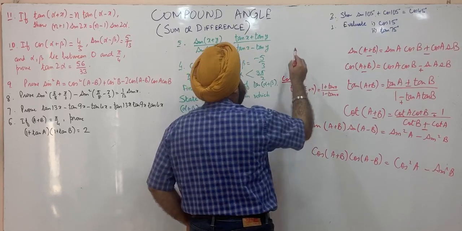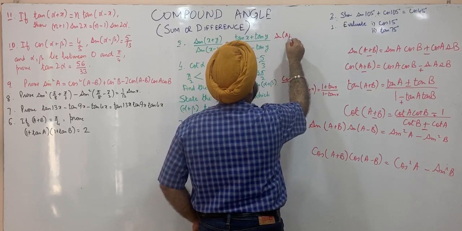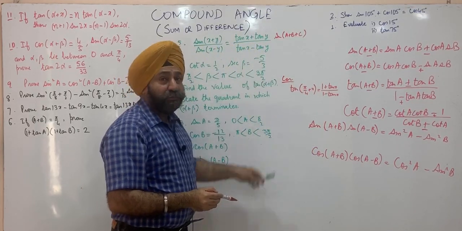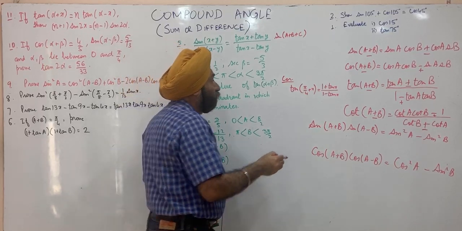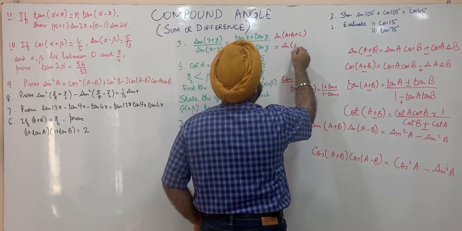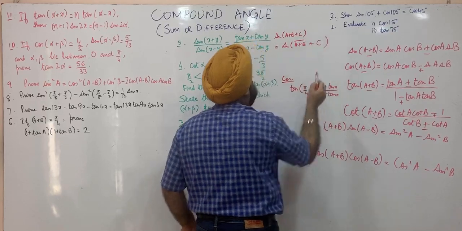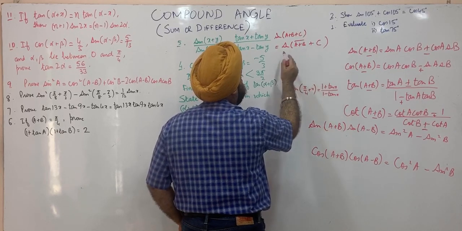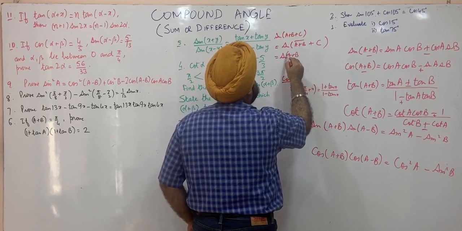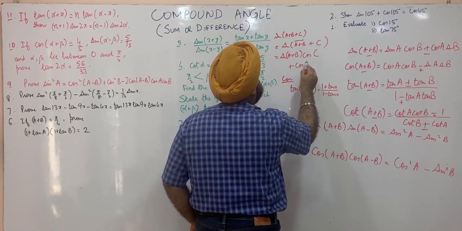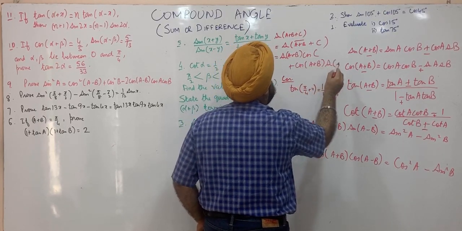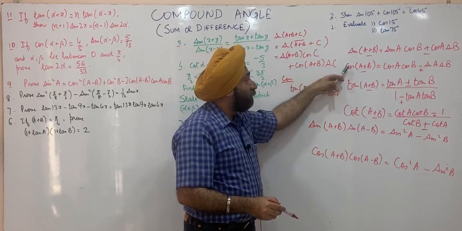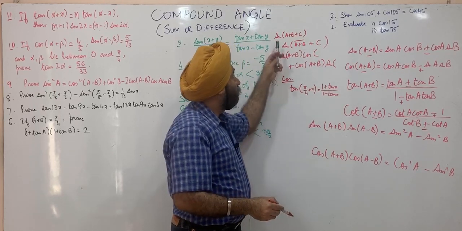There are formulas for three angles like sin(A plus B plus C). So I suggest that you derive the formula whenever it's needed. You can do that like this. This is sin(A plus B), first angle, plus second angle C. Then apply this one: sin of first angle into cos of second, sin(A plus B) into cos C plus cos(A plus B) into sin C. Then expand sin(A plus B) using this formula, cos(A plus B) using this formula. So no need to learn these formulas.